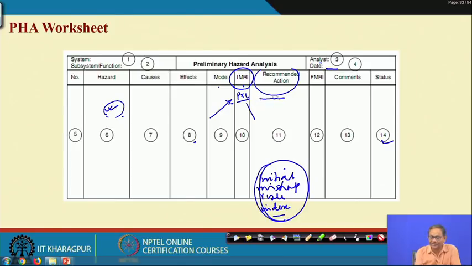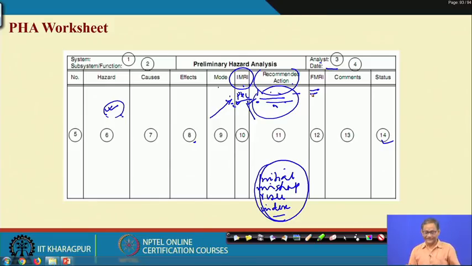Then that recommendation may be related to prevention or related to mitigation. When you are giving a recommendation to reduce the probability of hazard occurrence, so that the hazard will not occur, that is prevention. When you are thinking, okay, the hazard occurs, but its consequence can be mitigated, then it is mitigation. So, it can be both. You find out the preventive measures and mitigative measures, then you put them here, and if both are found, then both the P and C values will be reduced.